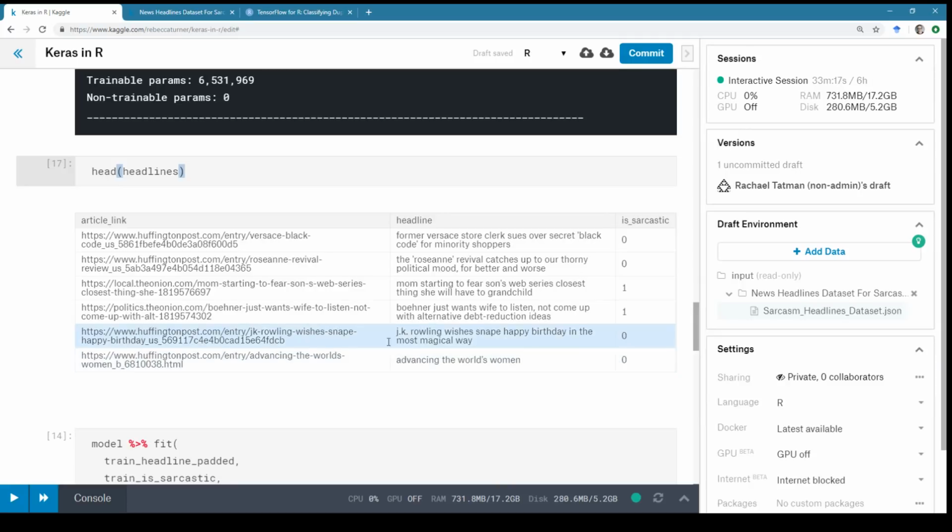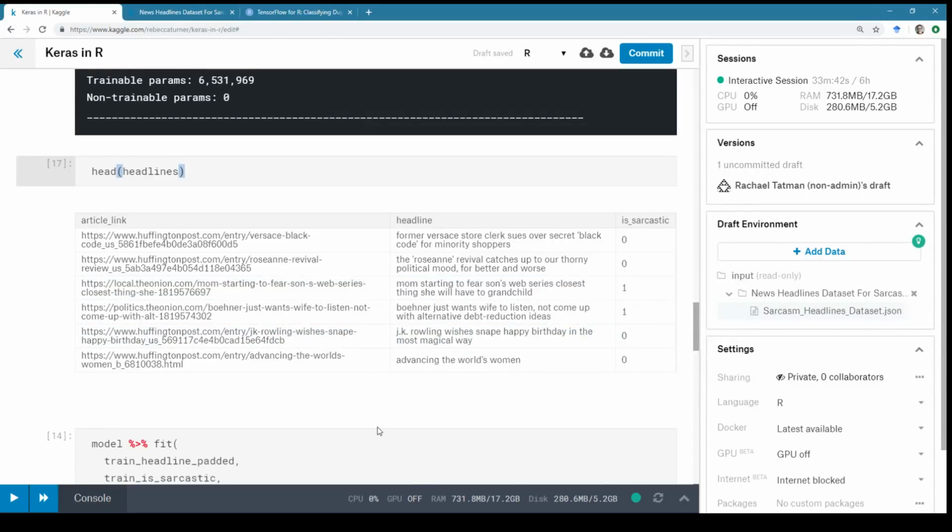Advancing the world's women, not sarcastic. J.K. Rowling wishes Snape happy birthday in the most magical way, not sarcastic. Yeah, sorry, I'm just looking to see if there are any particular grammatical features that might be useful here.